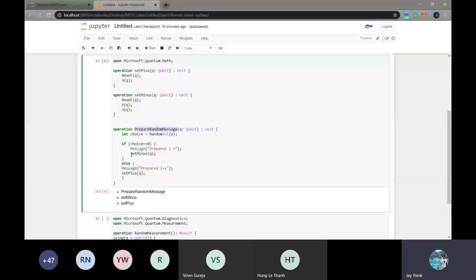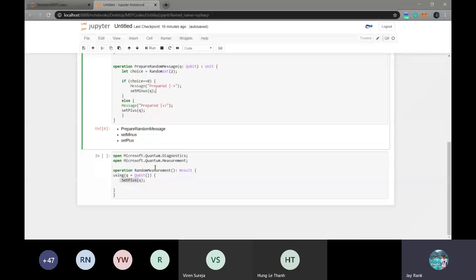Okay, so let's say that as of now I want 1 as an output, so set plus, and I have passed the q as our qubit. And what I wanted to return is a reset, right? A reset or an h Pauli gate. But as you have seen that I have already used the h gate here, what I wanted to do now is measure, right?